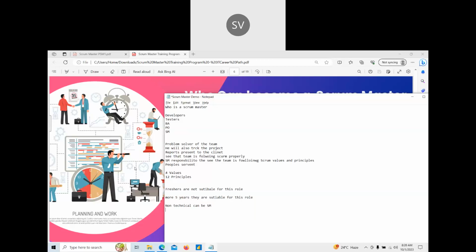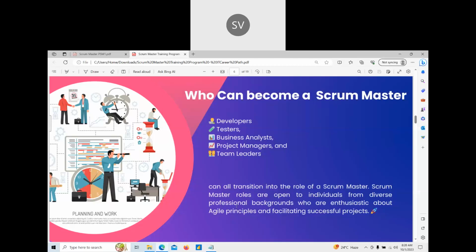A Scrum Master should be good at people management, client management, and the other roles I mentioned. So anyone who is good at people management can become a project Scrum Master.